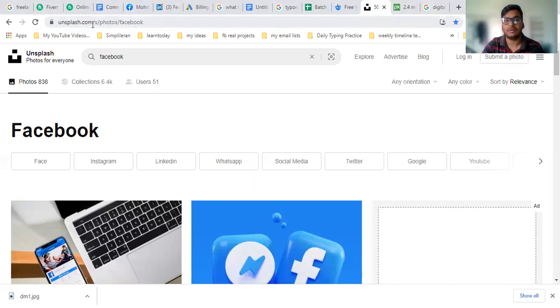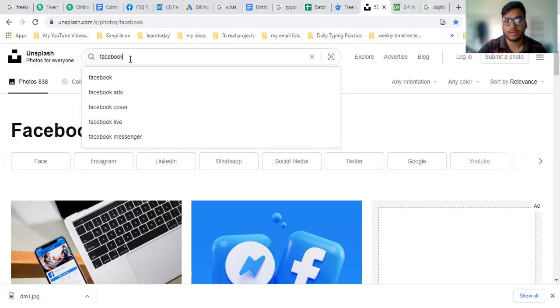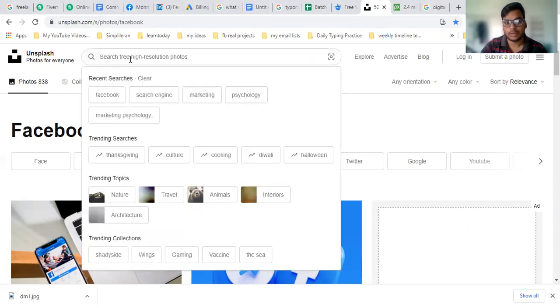You can write it down if you want to use it in future. You can download any free image from here for any content. There are many paid images also available, but free images are also available.